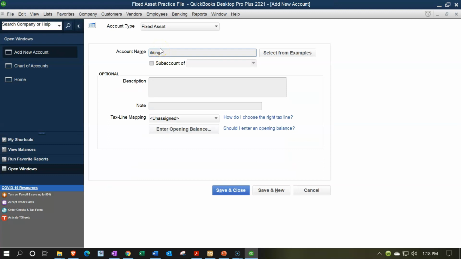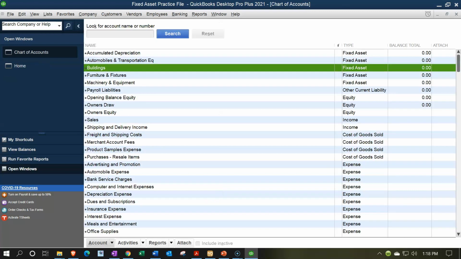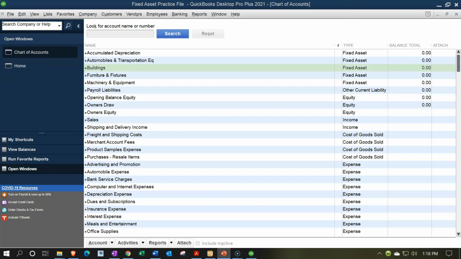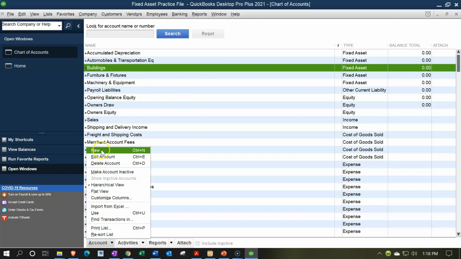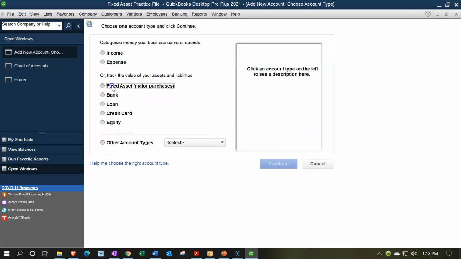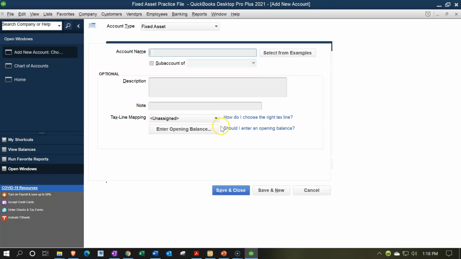And it starts with a B. Didn't copy the B. So there we go. Building. Okay, buildings. And then we have improvements is going to be the next one. So improvements. So I'm going to say new item, and then I'm going to go fixed assets, continue, and this